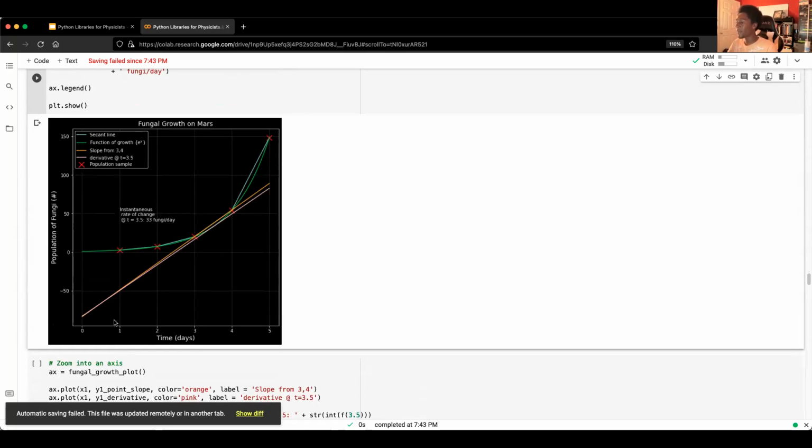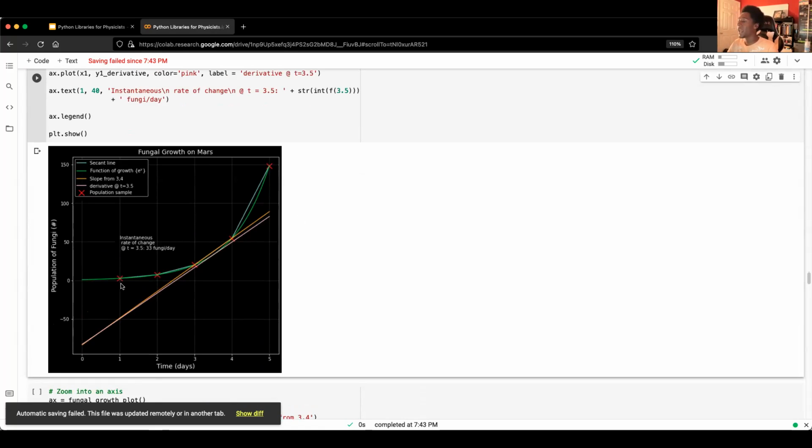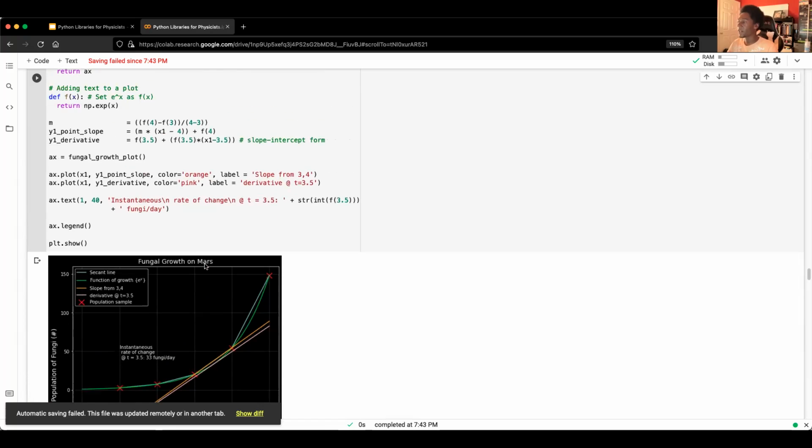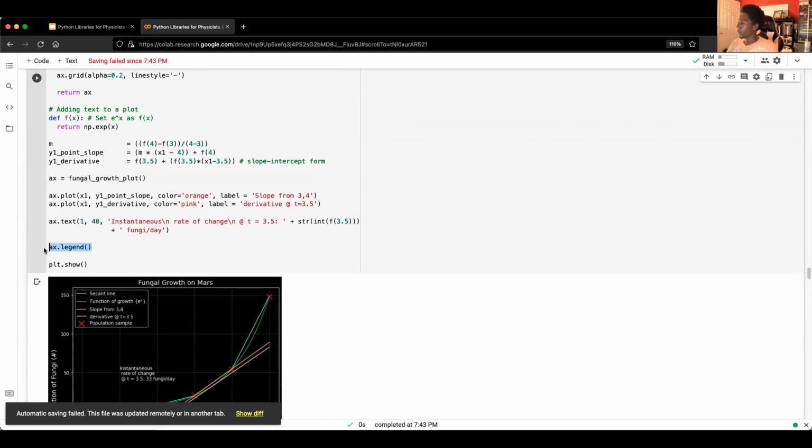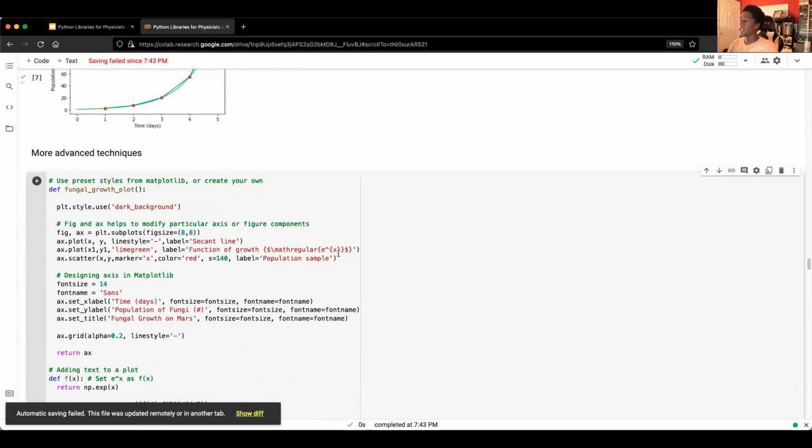So they only have it at day 1, day 2. They didn't continuously sample it. So they're going to have 5 different points, and everything in between is the e to the x function. So you can put everything as a label, and once you call this function ax.legend, then it'll take whatever you have as your label parameter, and it'll take everything else into